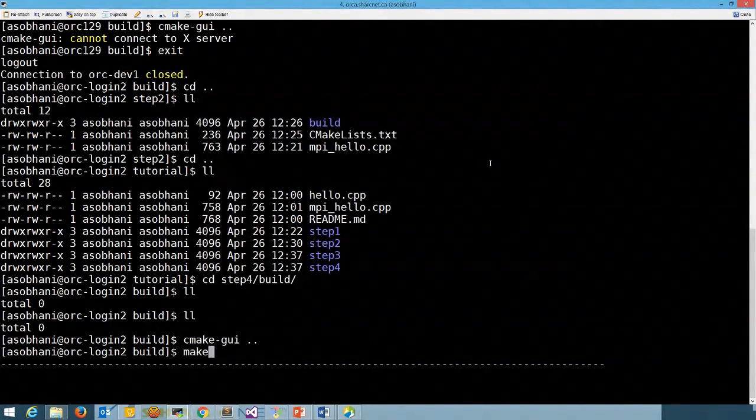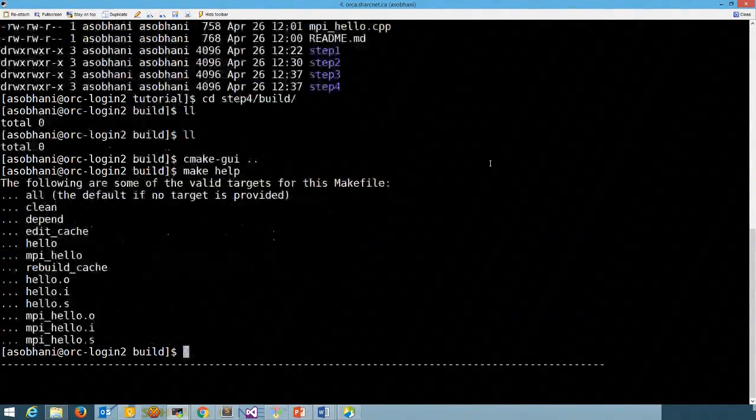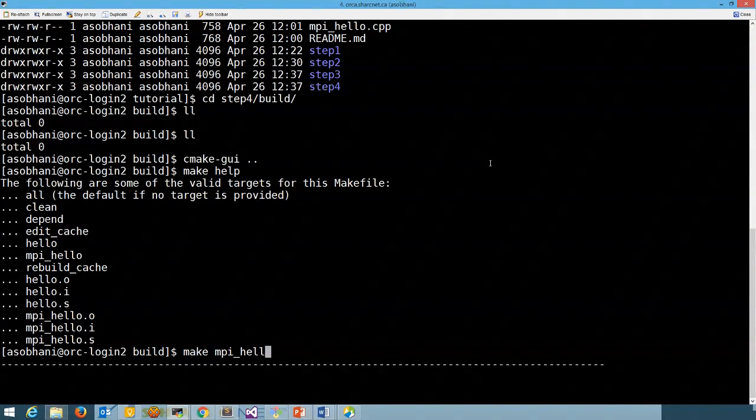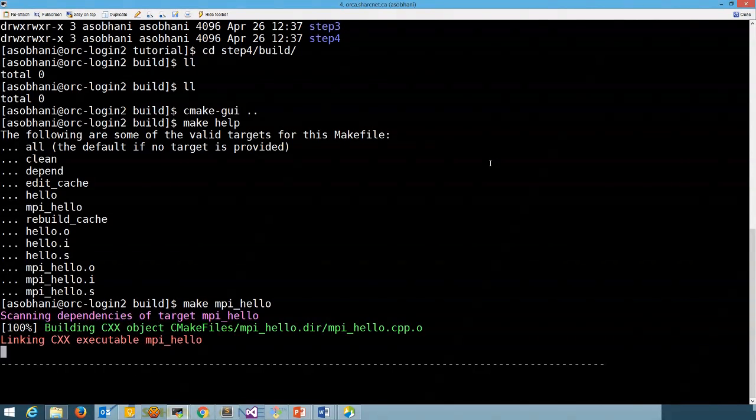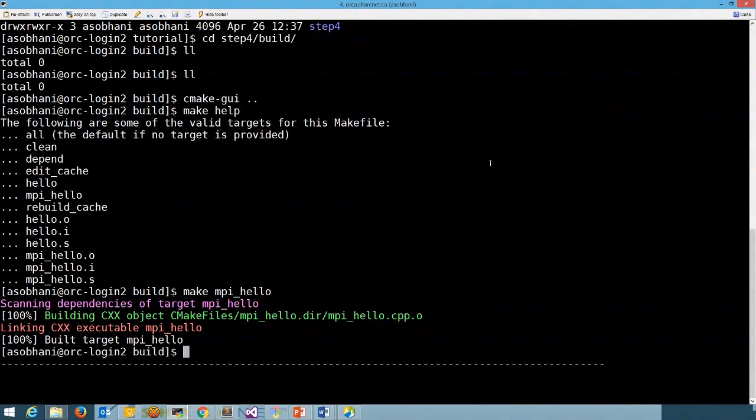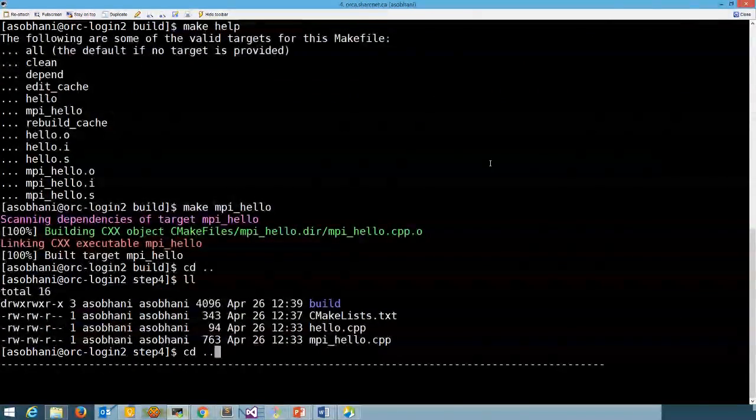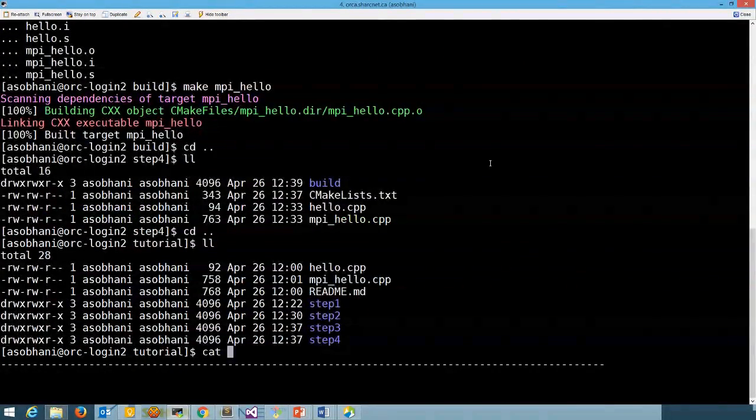So by having this checked and generating the whole thing, we can have both serial and parallel. And if we want to only make the parallel version, we can say make MPI hello. So in this way, you just make the parallel version. But let's go to the next step,